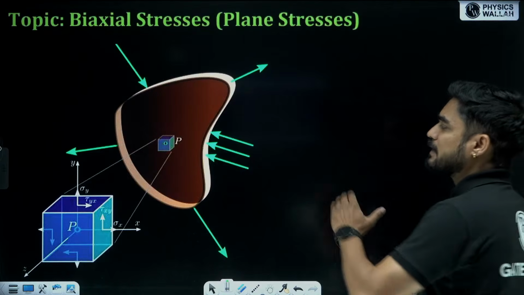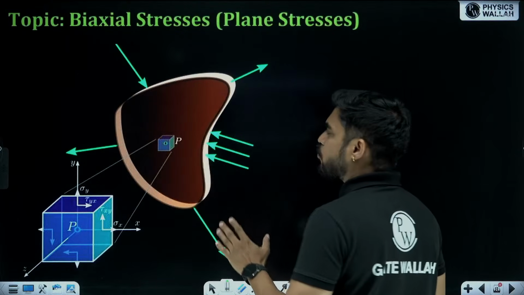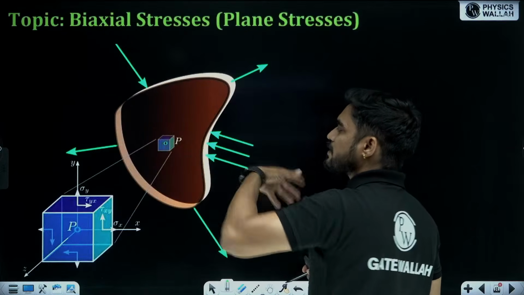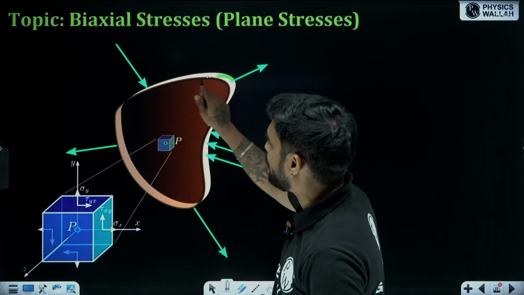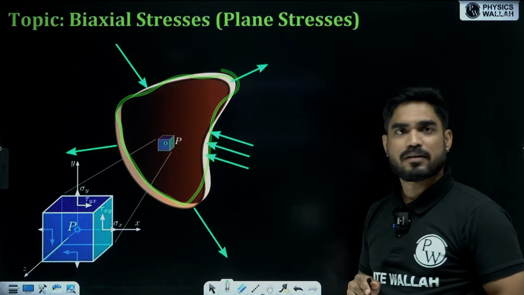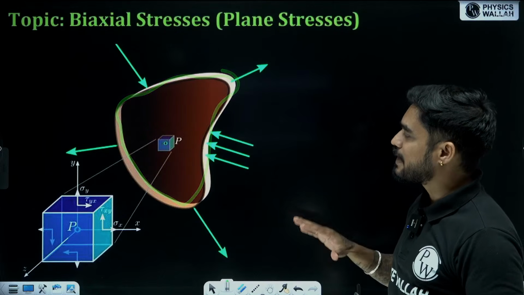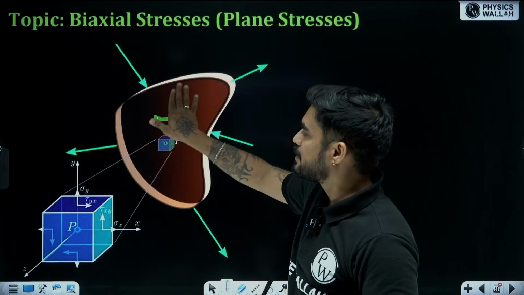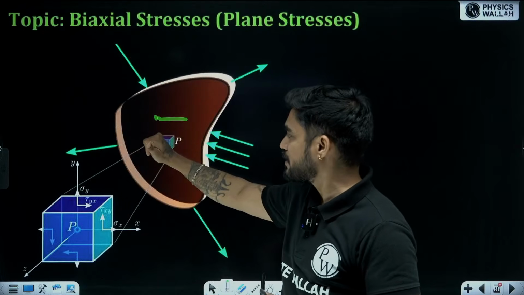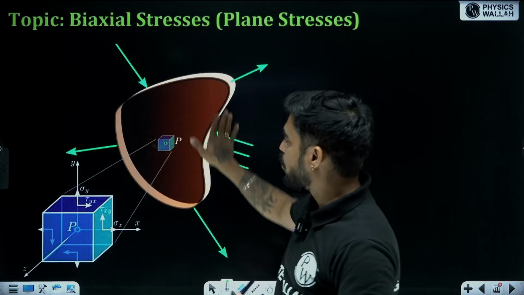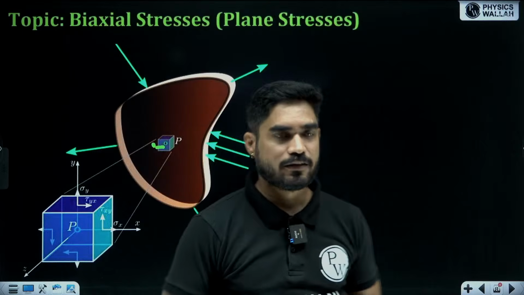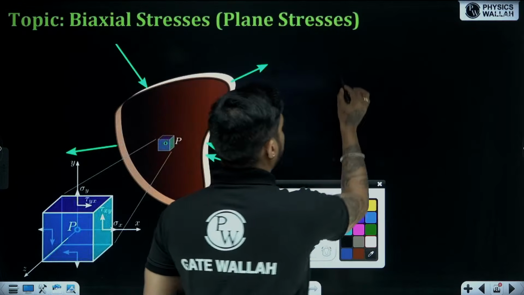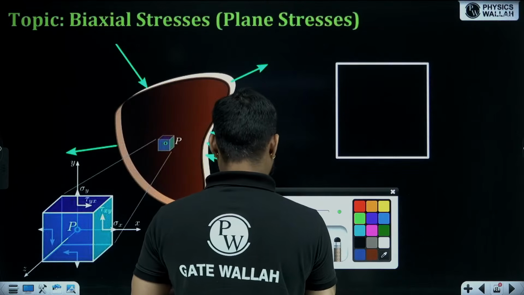And if you have a thin plate, you can ignore the forces perpendicular to the plate. So we can assume that all the loads are within the plane of this plate. That means we can assume that the stresses developed are within this plane only. That means the stresses are biaxial. There is no stress in the Z direction. All the stresses are in the XY plane. So instead of these 9 stress components, we only get 4 stress components, right?